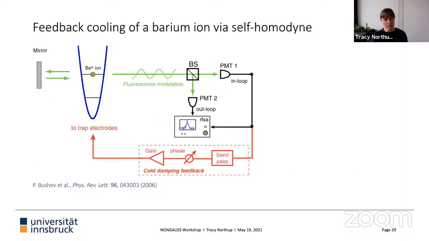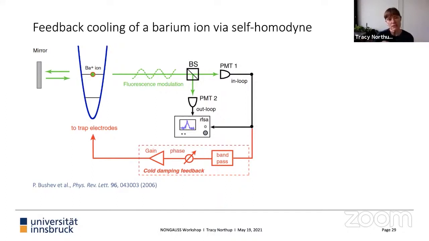Okay, as I mentioned at the beginning, this goes back to work with trapped ions that was done here in Innsbruck in Rainer Blatt's group. The reference here and the picture are from a paper by Pavel Bushev and colleagues. So what do you see here? This is a barium ion that's sketched in this trapping potential, and the barium ion is fluorescing. The fluorescence goes into 4 pi, but in this drawing, you can see that the fluorescence we're interested in is going in 2 directions. Either it's going directly to the right-hand side, or it's going to the left-hand side, reflecting off a mirror, and then going to the right-hand side.